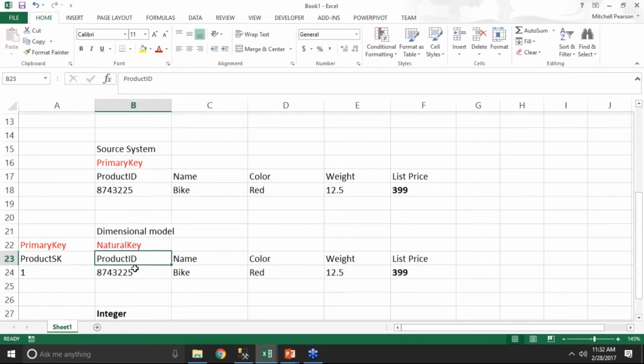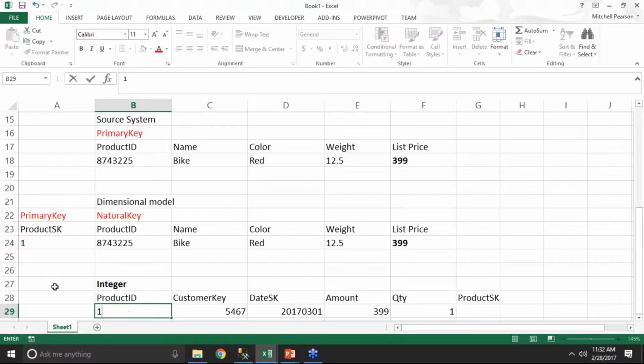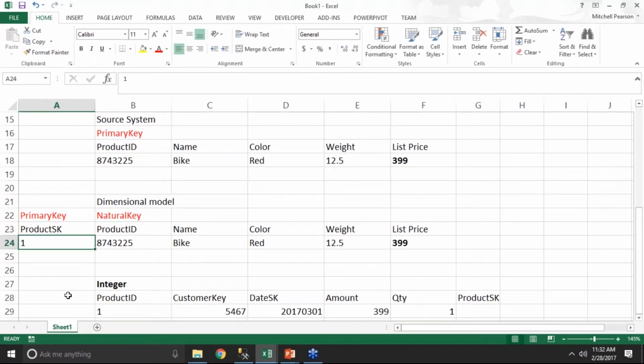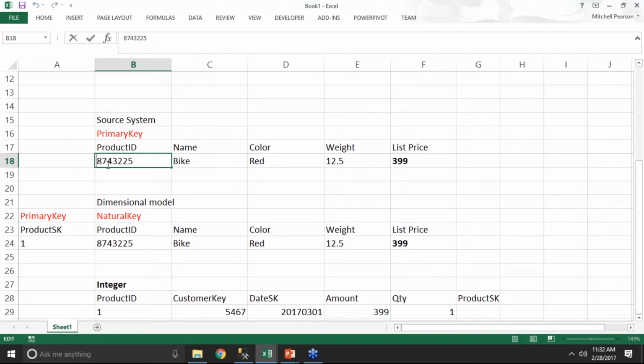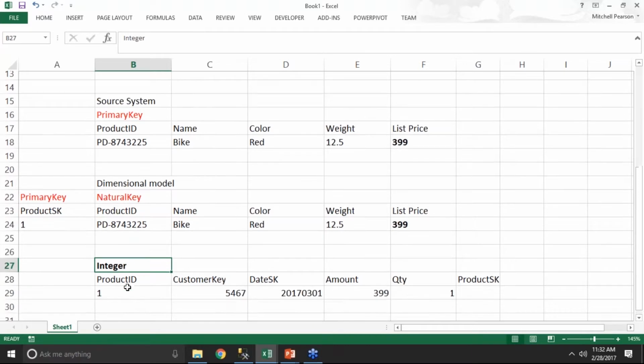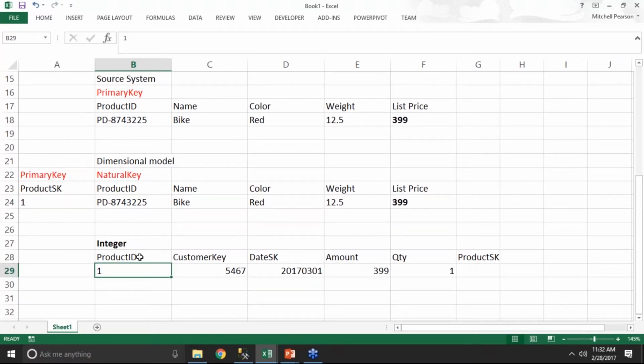All right. So now what happens is when we load our dimension using the product SK, which is a best practice anyway, and then when they come in here and they say, we're going to change our source system, and they change this from 8743225 to PD-8743225, then what happens is I can come in here and update my dimension as well. So we'll come into our dimension, PD-8743225, and then notice that there's no reason for me to make any changes whatsoever to this fact table because